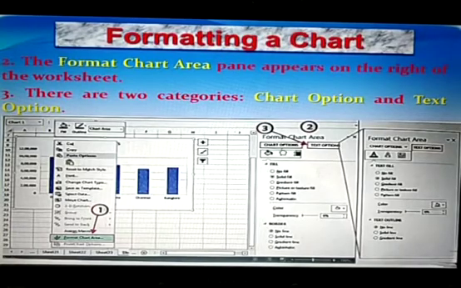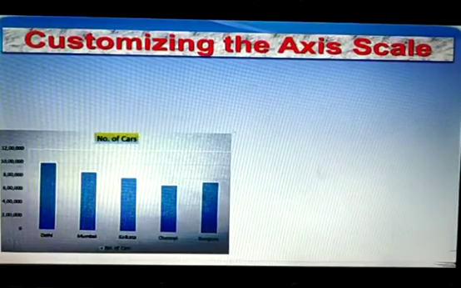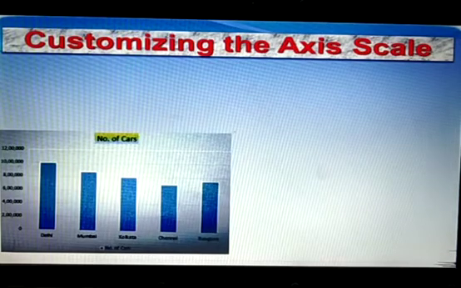As you know, an axis in a chart contains the values, and according to that, a chart is plotted. In Excel, most of the charts have x-axis and y-axis. You can customize the axis scale as per your requirement. For example, in this chart, in the value axis, it means the y-axis, the maximum number of cars sold in different cities is